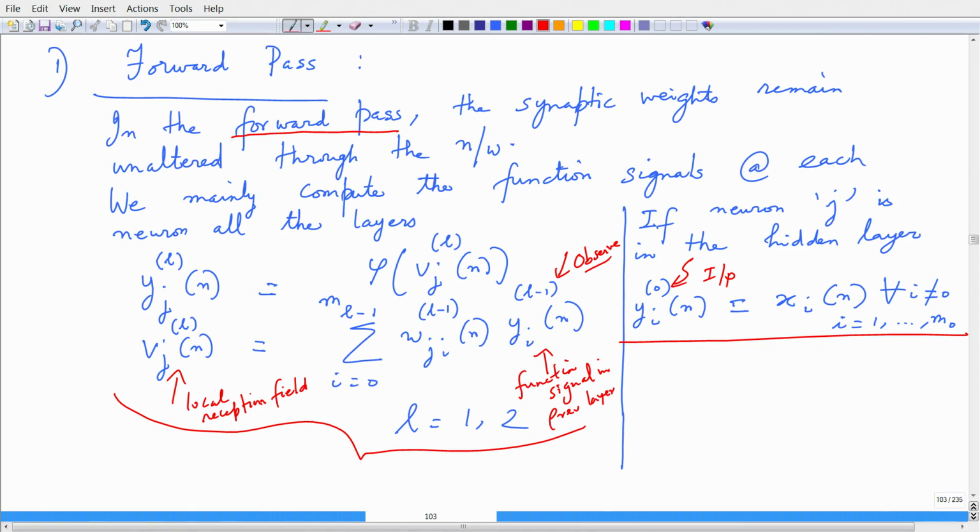So, the forward pass is very straightforward, but when you are coding up, right, you have to pay particular attention to the weights, because the weights that you have in the forward pass are a result of the weights that you had as a result of the synaptic adaptation in the backward pass of the previous computational step.